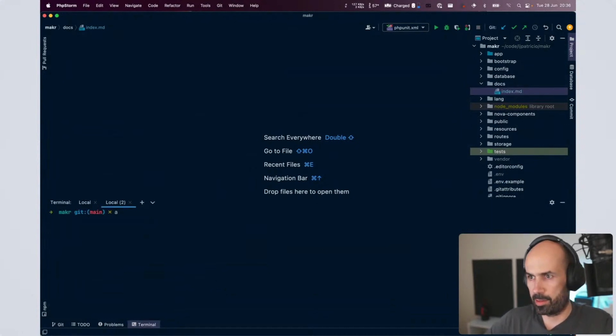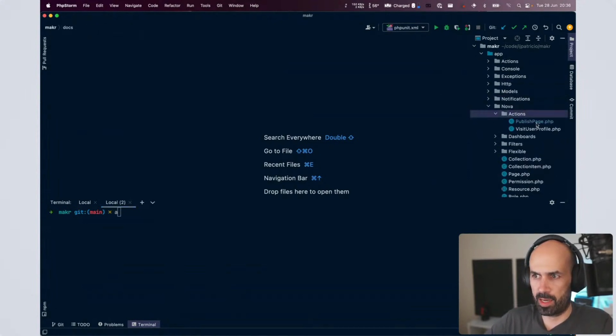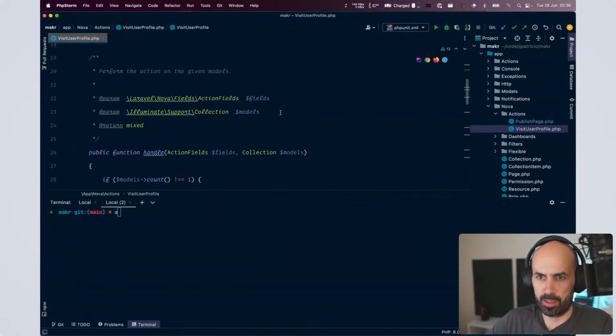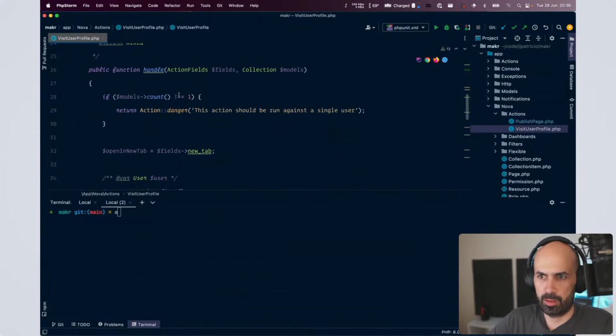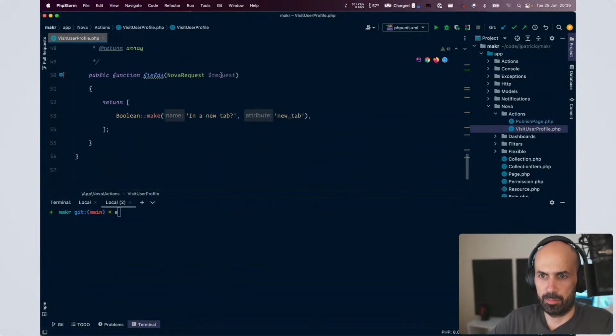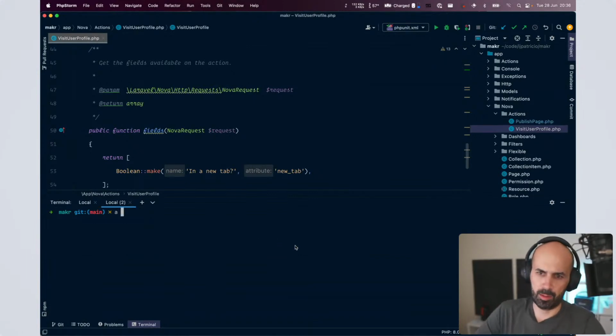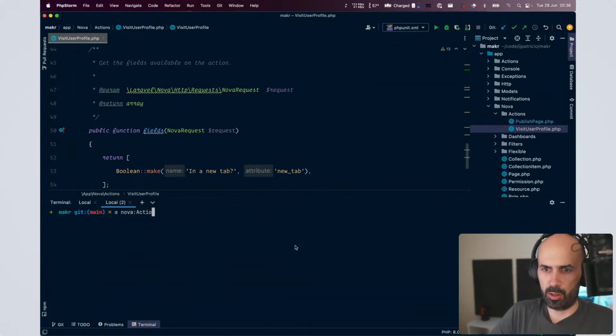So let's check before what's this action for the visit user profile. It's very different. So yeah, it's different but similar. So let's go. I guess I can be based on that. So let's make a Nova action that's going to be visit page. So it's like preview